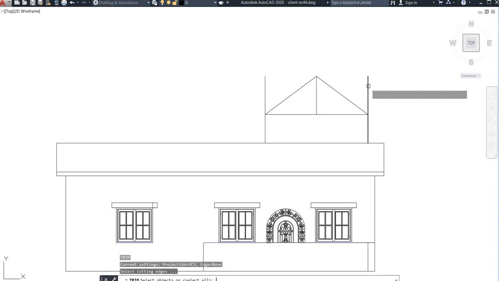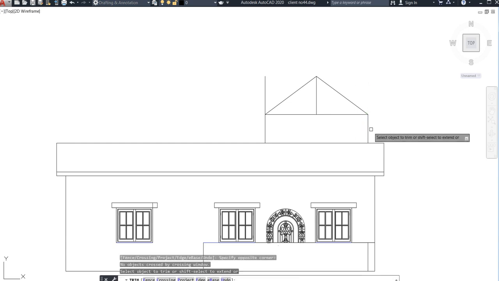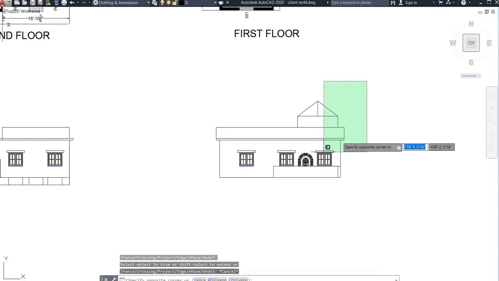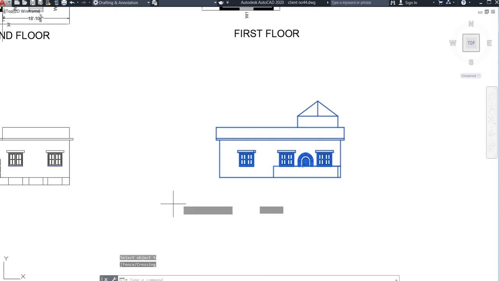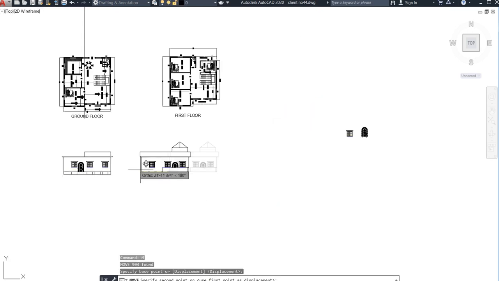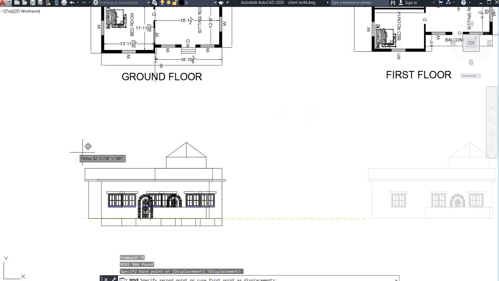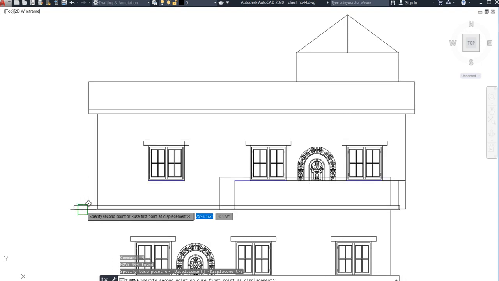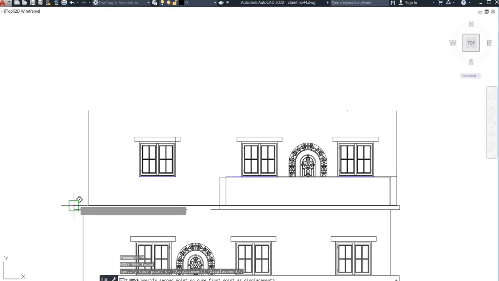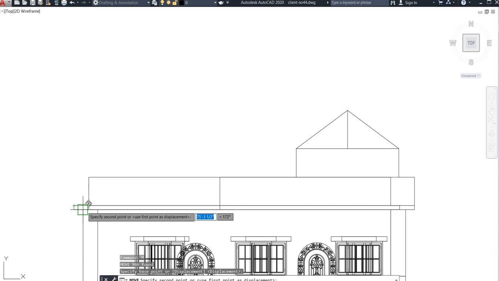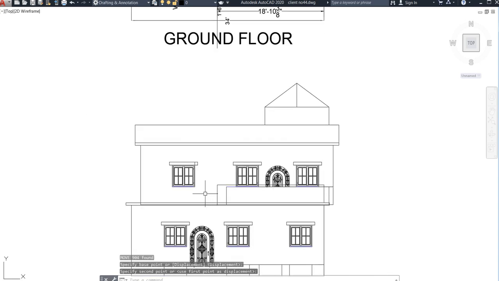See, this is the way it comes. Now go for copy command, means move, just drag it, just place it over here.